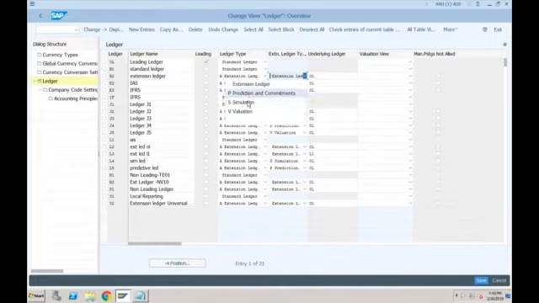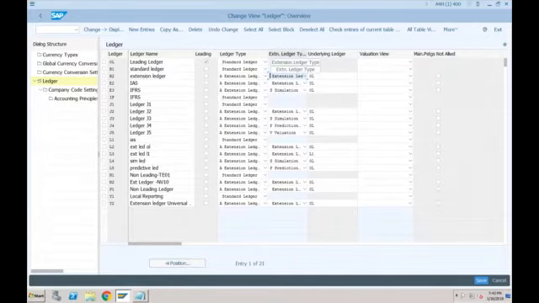Okay, so we'll talk about this in detail, but as of now, just remember the different types of ledgers, and within the ledger, there are 2 types, standard ledger and extension ledger. One more thing, whenever you are creating an extension ledger, it will always contain an underlying ledger. This underlying ledger is not required if the ledger is standard. It will only be required if your ledger type is extension. What exactly it will do, we will see when we do some transactions.